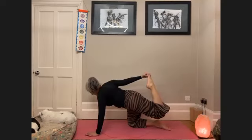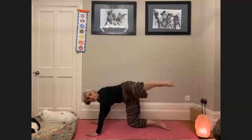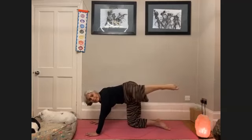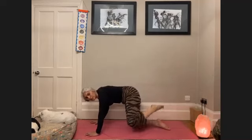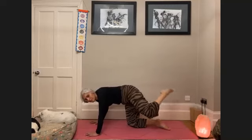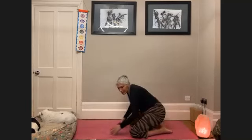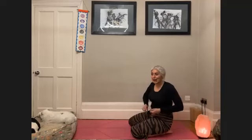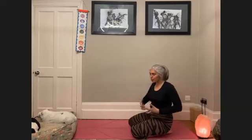One more breath here. Release the right hand. And then let's draw these large circles with the left knee. 3 times in one direction and then 3 times in the other direction. Take a moment there. So now you will be feeling the fire building up, the fieriness of the tiger, the